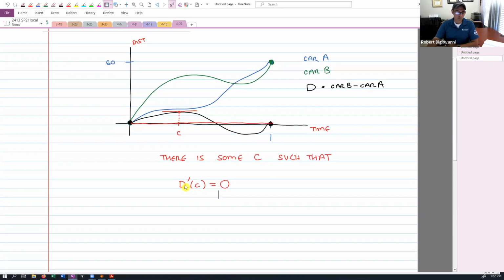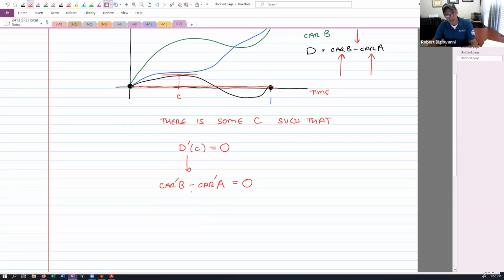Okay, but wait a minute. D prime is really just the derivative of D, right? And since D is made up of car B's path and car A's path, and they're being subtracted, then D prime really means the derivative of car B minus the derivative of car A, that must be 0. See, because again, this has to do with derivatives. If you define a function to be the difference of 2 functions, then the derivative of that should be just the difference of the derivatives. That's critical. Y'all still follow this?